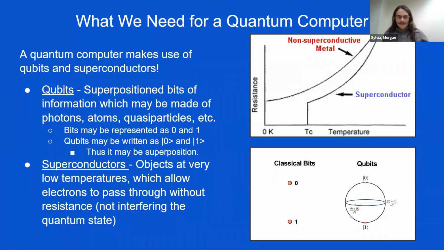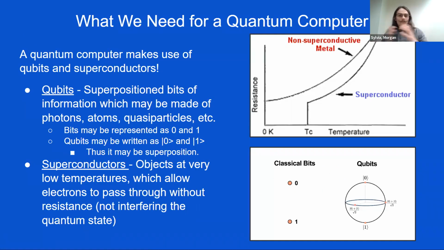Qubits are much like our binary bits that we use in our classical computers, where bits can be represented as either a 0 or a 1, like flipping a switch on and off, but qubits have the principles of quantum mechanics applied to them, so they can be more than 0 or 1. There can be a superposition between those states. So with that being said,